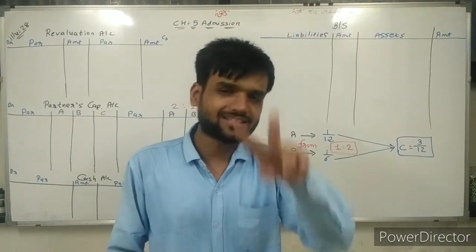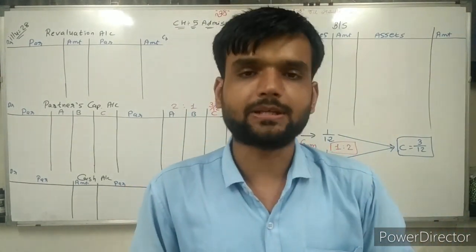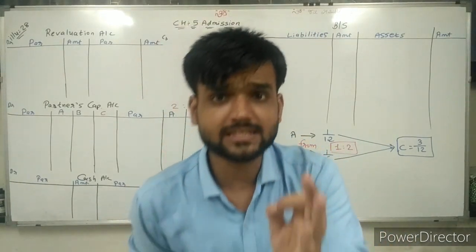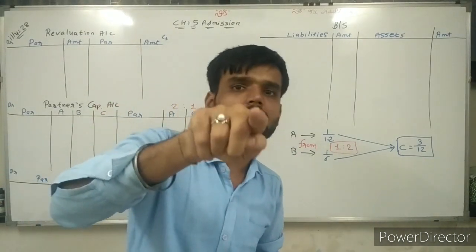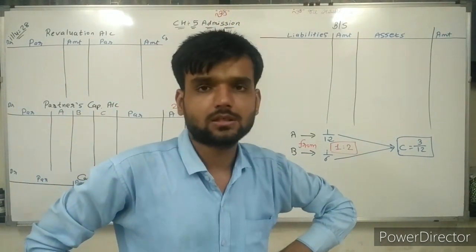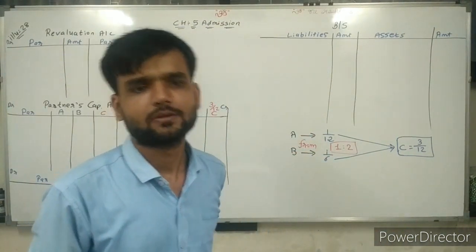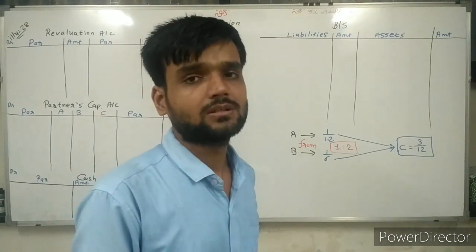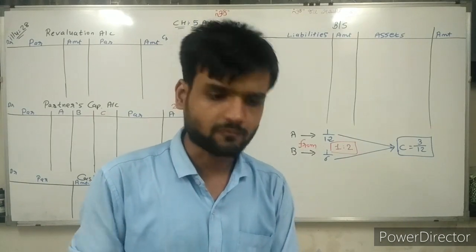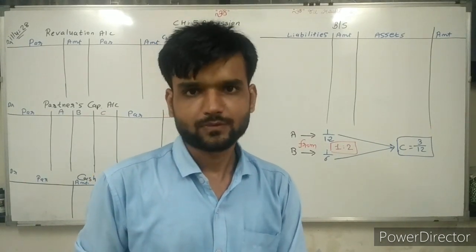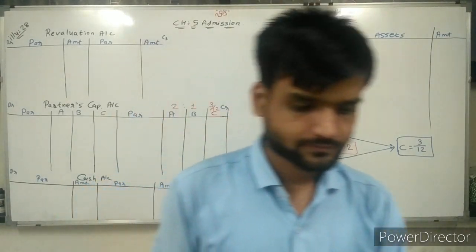Going ahead, adjustment number 2. C will bring proportionate capital. How many rupees of capital will be brought by C, that we don't know. But proportionate capital will be brought by C. Now this point we are discussing later. Don't worry about it. We are discussing this point later because it is at the last of the sum. At the end of the sum, we have to calculate this point. So don't worry.